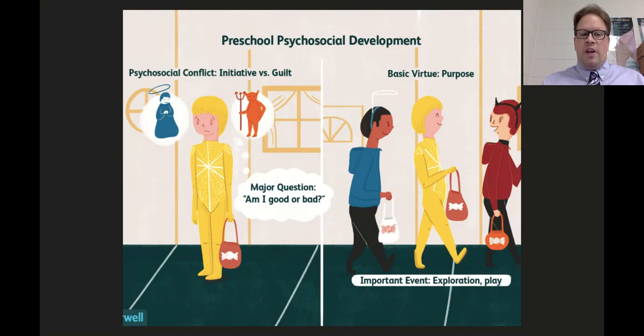From about 3 to about age 6, the principal challenge is initiative versus guilt, where you hope to comfortably initiate intellectual and motor skills. So, hoping to choose what to wear, also what to eat. An adequate resolution of this challenge results in confidence in oneself as being able to initiate and create, essentially making your own decisions. An inadequate resolution of this challenge results in a feeling of a lack of self-worth. So, over-controlling adults demanding an impossible degree of self-control can actually result in a child feeling inadequate or possibly